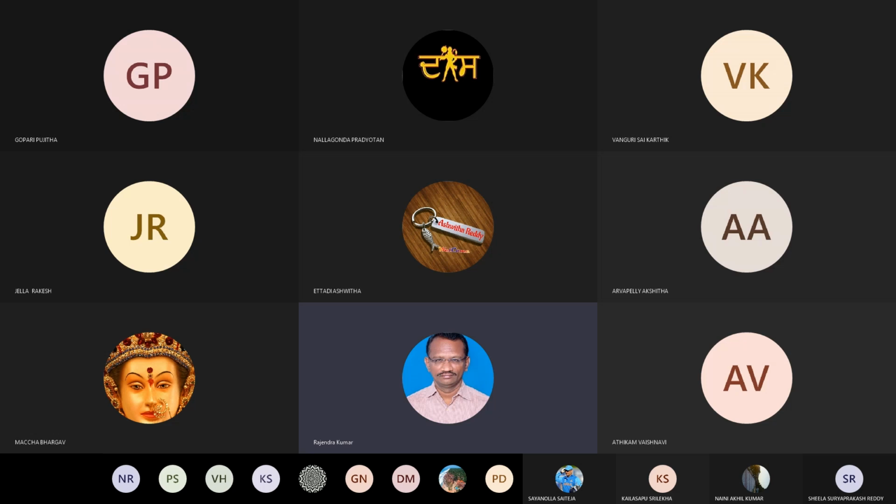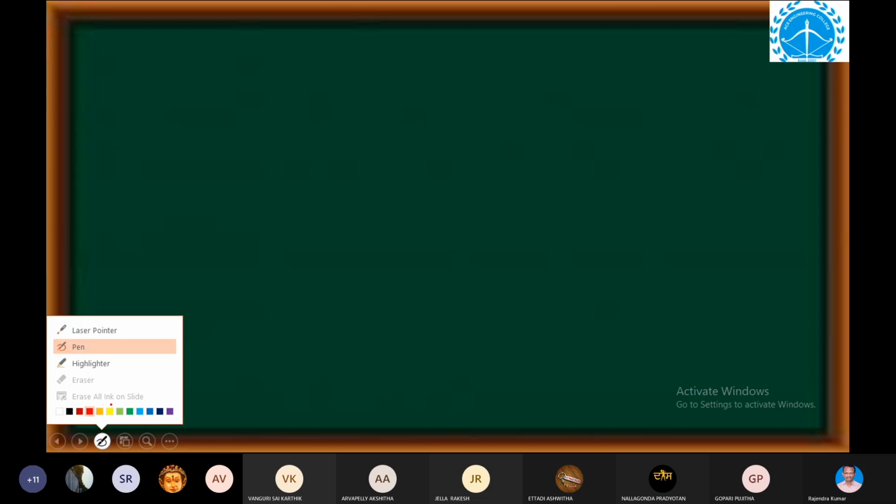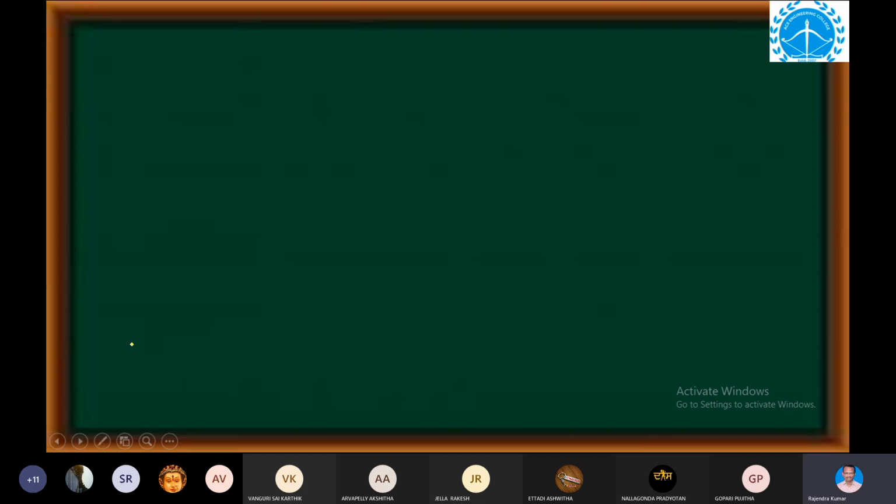So we are discussing multiplication algorithm. Yes, is it audible? And is the screen visible? Screen is not visible. Now it is visible. Yes, so everything is working. Okay. We are discussing